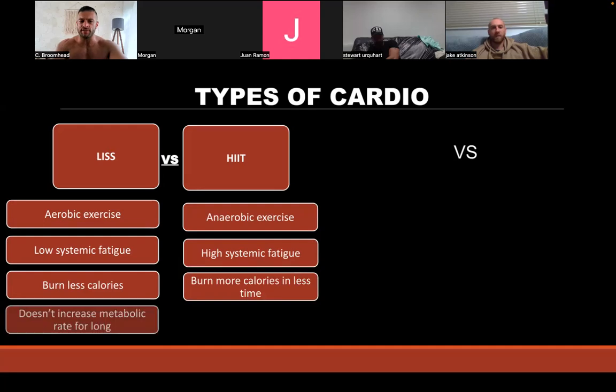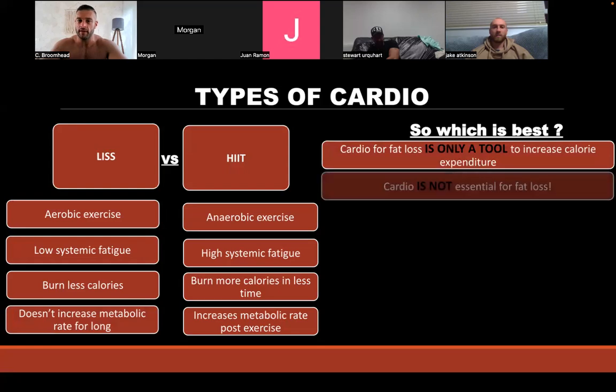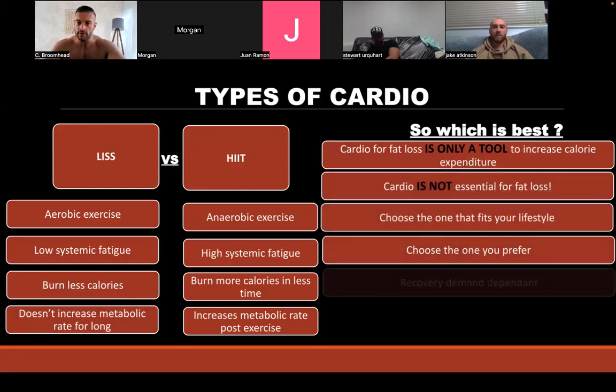So this is just summarising. Obviously, if you guys want to look afterwards, if you're not sure what HIIT training is, HIIT training for me is classified as 80% to 100%, and this is like low. But obviously, you can burn more calories in less time doing HIIT. You just have to be aware of the recovery demands placed on your body by HIIT training, which is what we cover here in a second.